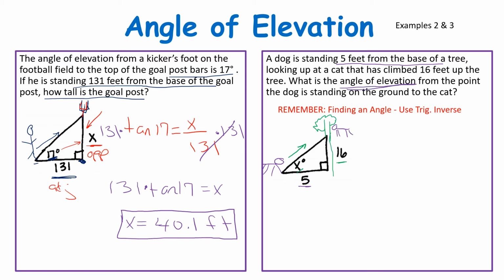So remember, if you're looking for an angle, you're using the inverse trig function. So we're going to set it up. So we have opposite, once again, over adjacent, because we're looking at this angle here. So that will again be tangent. So tangent, or inverse tan, because we have to find the angle, is equal to opposite, which is 16, over adjacent, which is 5. So the way you would put that in your calculator,